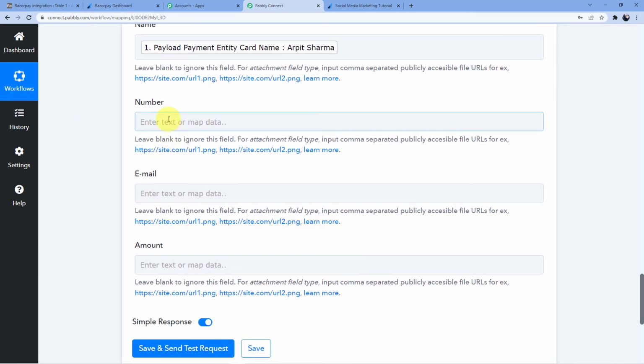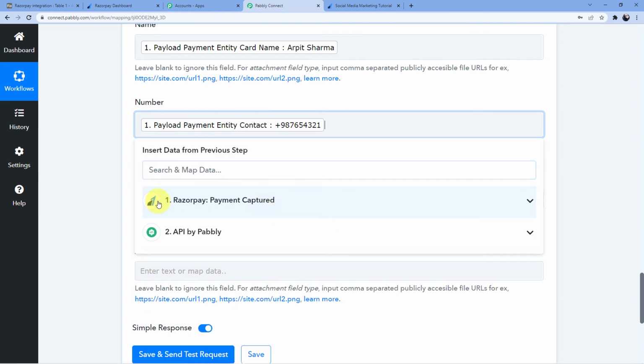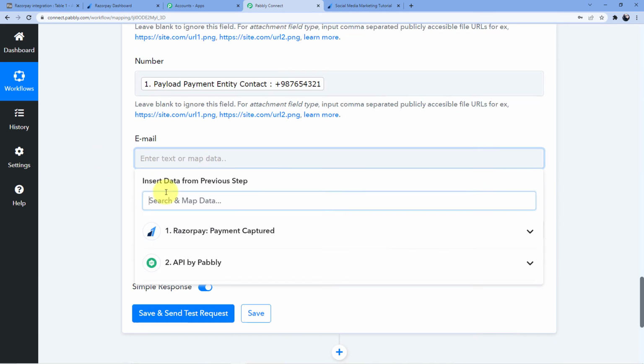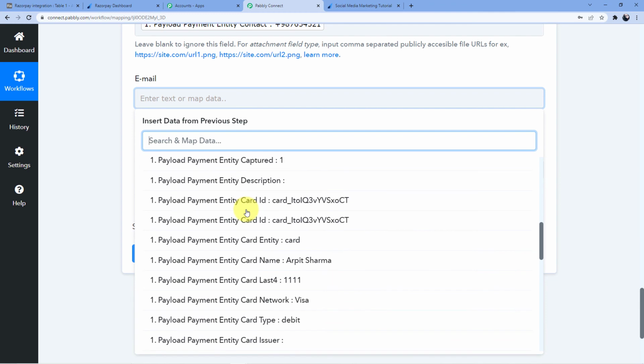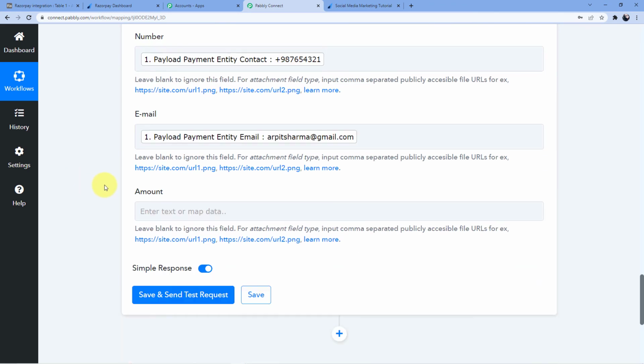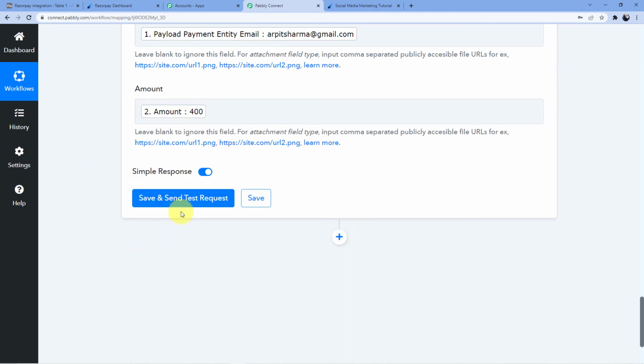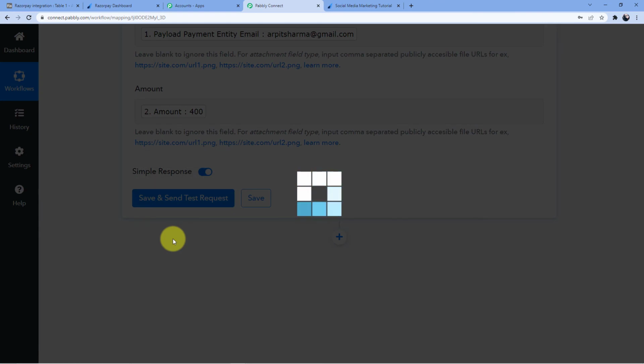This is the name, number, this is the number, email, this is the email, and amount. So amount we got from our API when we trimmed the amount. So we will take this amount here and I will just save and send test request.